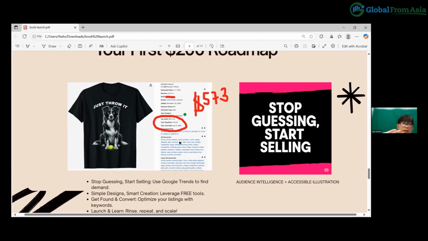If you saw what Mas is doing on her store, she keeps on updating, adding new designs. Of course there's a little bit of luck, but we try to stay away from luck. That's why we want to stop the guessing part and start selling. Even just to prove the sample, with just one design, from my experience you have the opportunity to make at least $500.